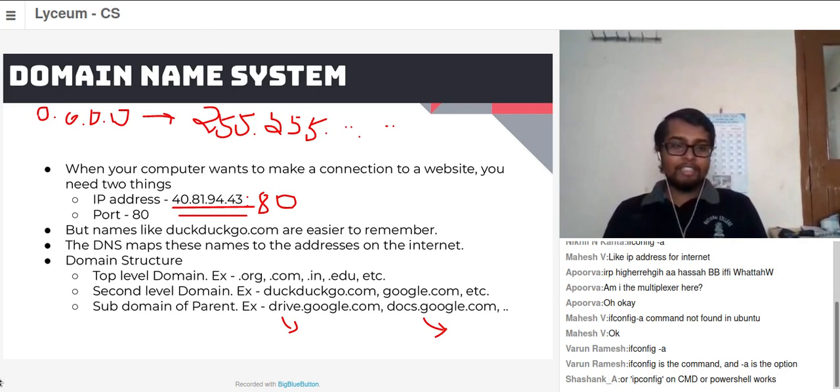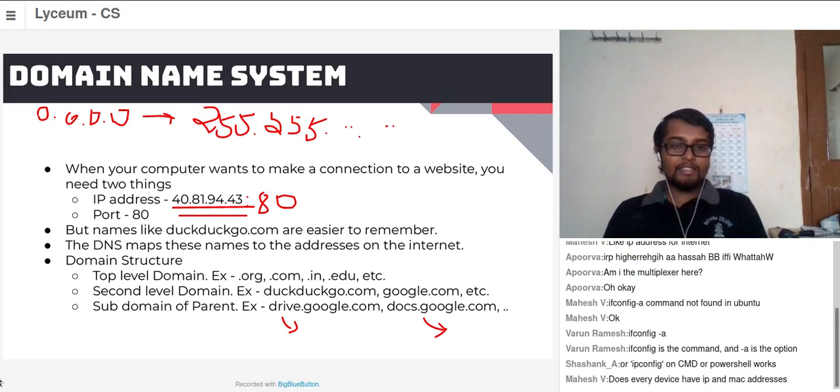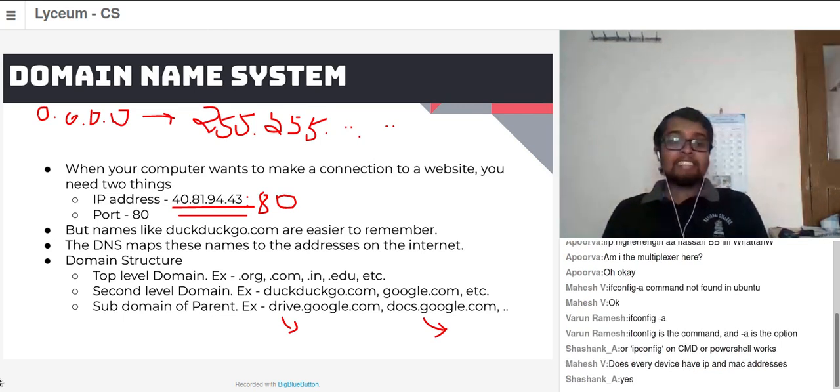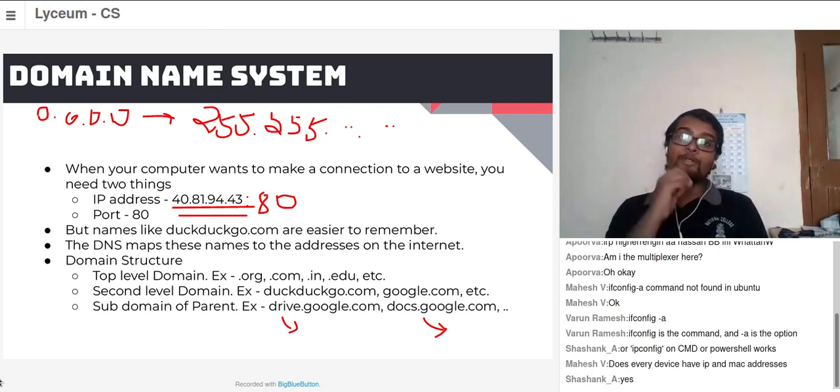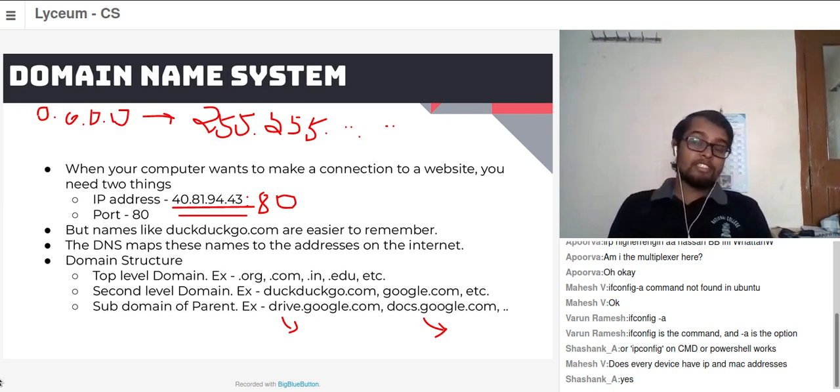Arun, Akhilesh, do you guys have anything to add? Yes, every device has an IP or a MAC address. That's how you connect it, right? If you don't have an IP address, other routers don't know where to send you the packets to, right? So every device has an IP address. Your IP address is going to be a variable address, okay? And the MAC address is going to be a permanent address. Your MAC address is for the hardware that you're connected to,